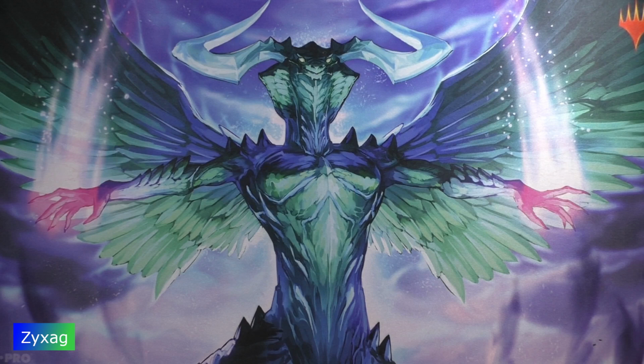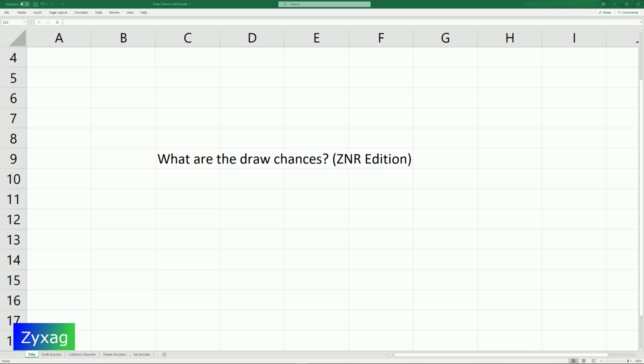Today we are going to be doing the draw chances for set boosters in Zendikar Rising. Like the last video, this is going to be an Excel display, so not the most interesting visually, but anyways, last week we did the first part of this video,